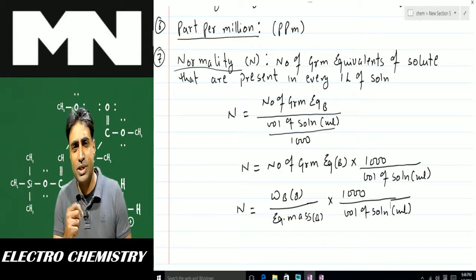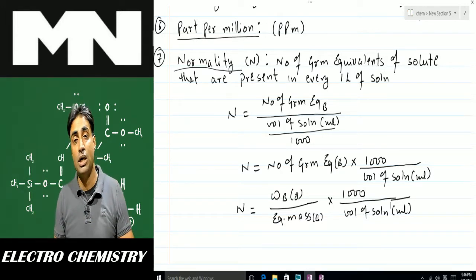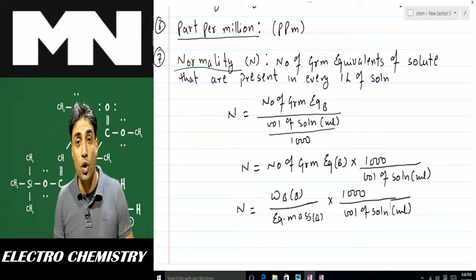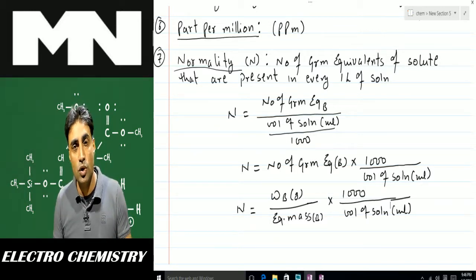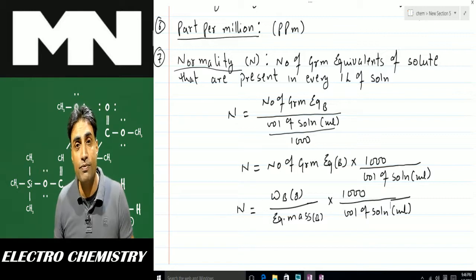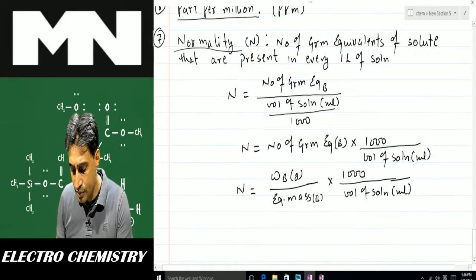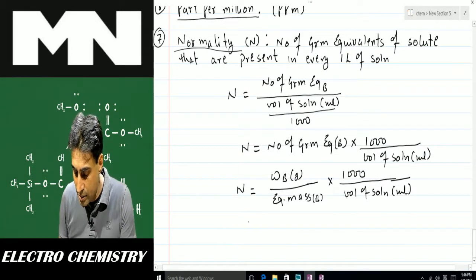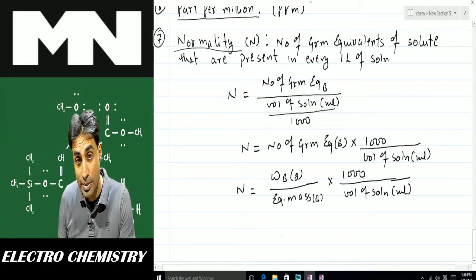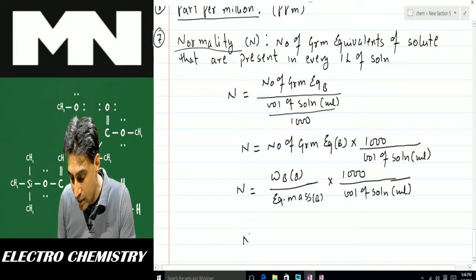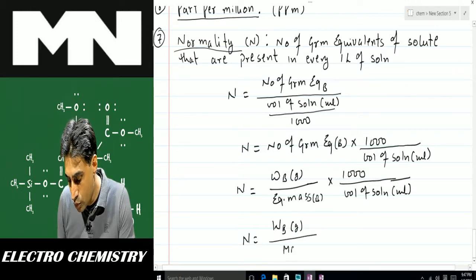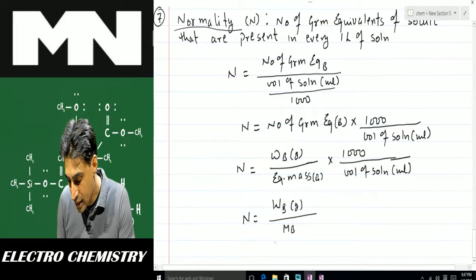We have some other definitions also. What is equivalent mass? It is the mass of a substance that reacts or displaces 8 grams of oxygen or 1 gram of hydrogen or 35.5 grams of chlorine. That also we'll see. But here what I am telling you is equivalent mass is molar mass divided by n factor. So normality reduces to weight of solute in gram upon molar mass of solute, and that will be divided by n factor